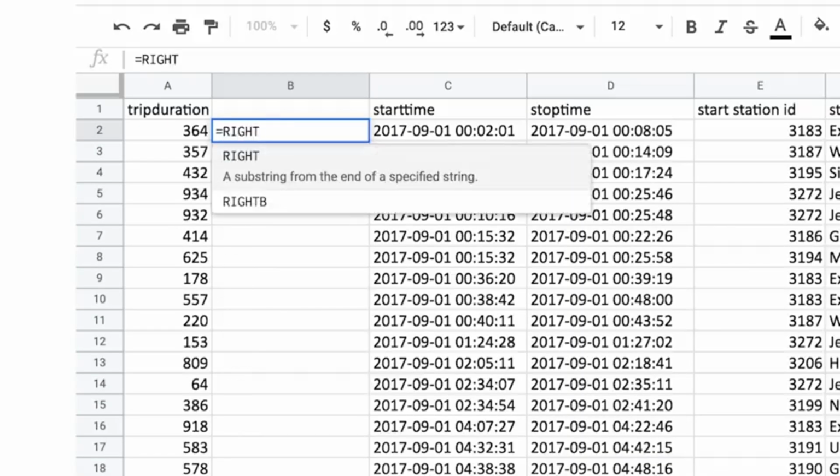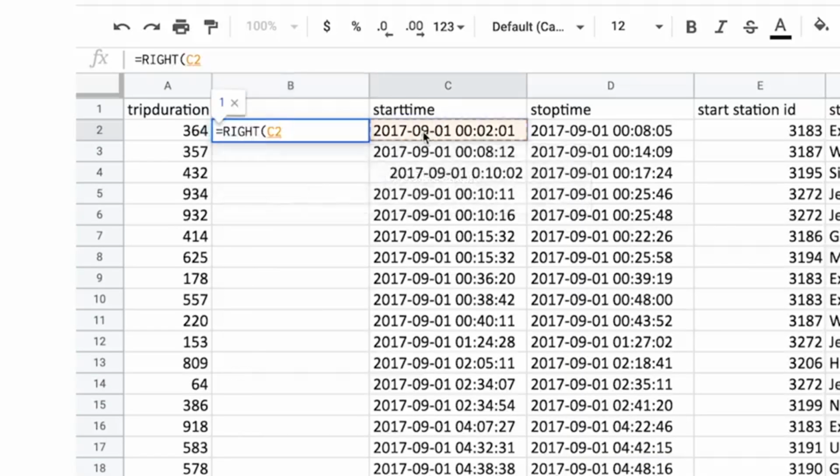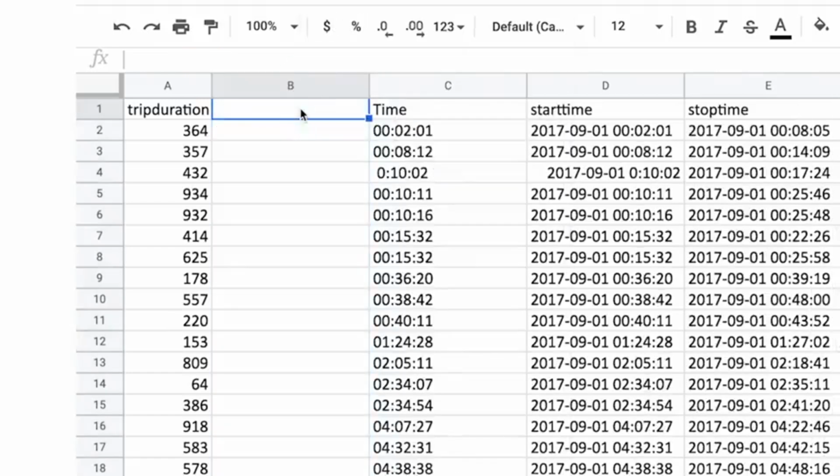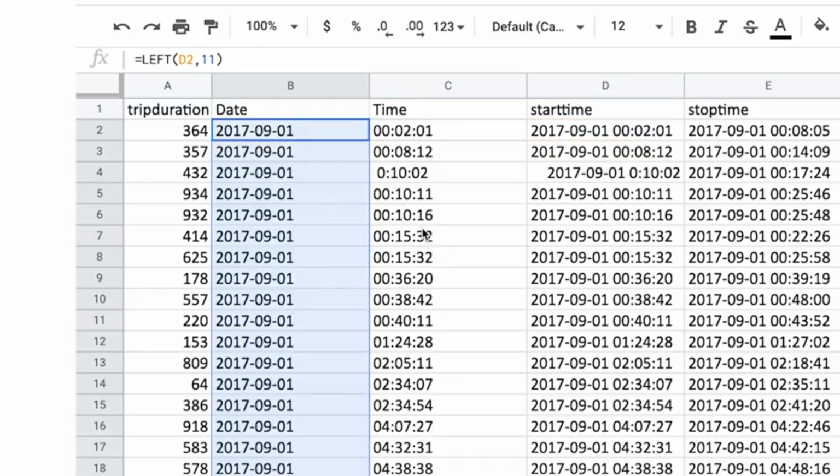We'll use right on one of these cells to indicate that we want to grab the right side. And like we've come across before, left actually works exactly the same way. Now we can apply that to the rest of column C to pull those timestamps.